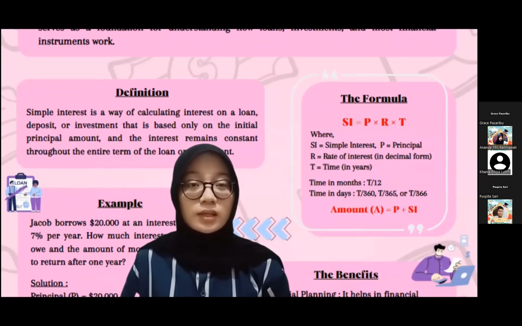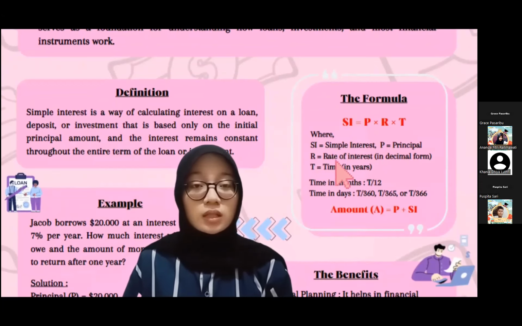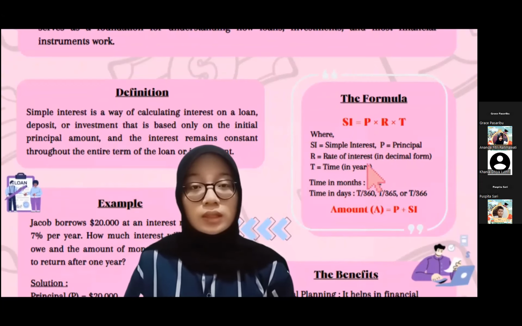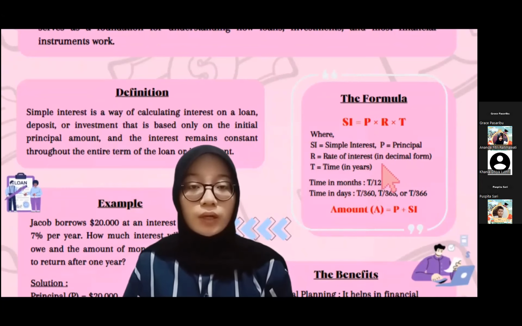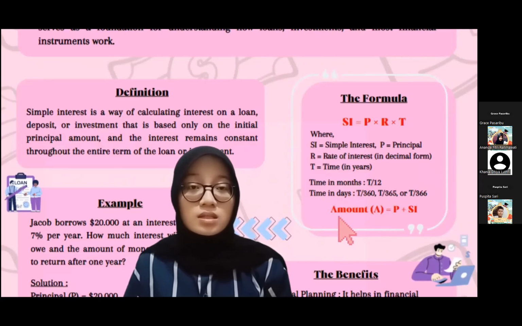To calculate simple interest, we need to use this formula. SI is equal to P times R times T, where SI is simple interest, P is principal amount, R is rate of interest, and T is time in years. The rate of interest is usually in the form of a percent, so we have to convert it to decimal form. Then for the time, if the time is in months, the T must be divided by 12. And if the time is in days, the T must be divided by the number of days in that year. Then there is the second formula, which is amount is equal